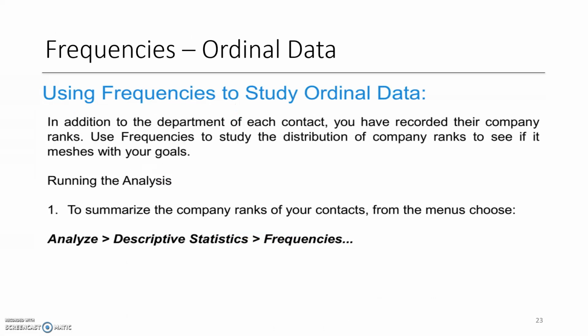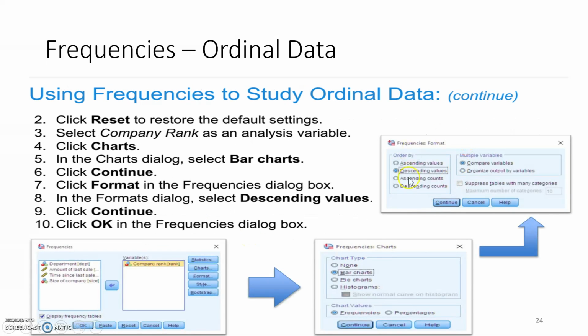So using frequency to study ordinal data now. In addition to the department of each contact, you have recorded their company ranks. Use frequency to study the distribution of company ranks to see if it meshes with your goals. So we are going to run the analysis just to summarize the company ranks of my contacts. From the menu, we choose analyze, we'll go to descriptive statistics, then we'll look at frequencies. So this is the frequency here. Then we want to choose the bar charts, and